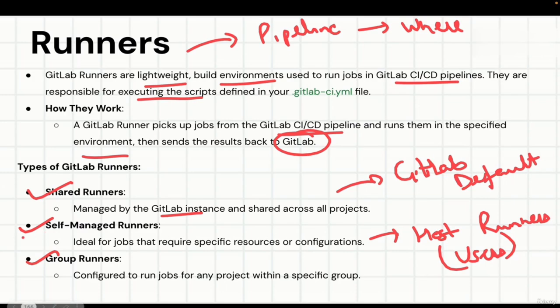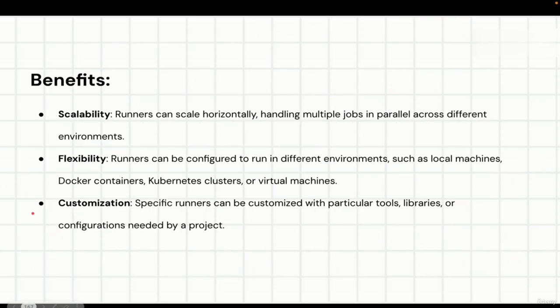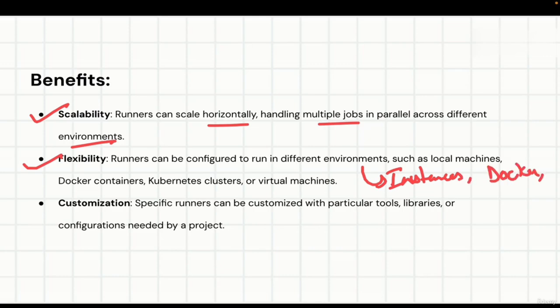In the industry, we mainly focus on self-hosted or self-managed runners. Now, the major benefit is scalability. If we are working in a project environment that is highly complex and requires n number of runners to be available, then we can scale them horizontally and handle multiple jobs in parallel across multiple environments. It also offers flexibility. We can choose different types of runners like instances, which are your local machines, then Docker, and Kubernetes. Based on your requirement, you can create them